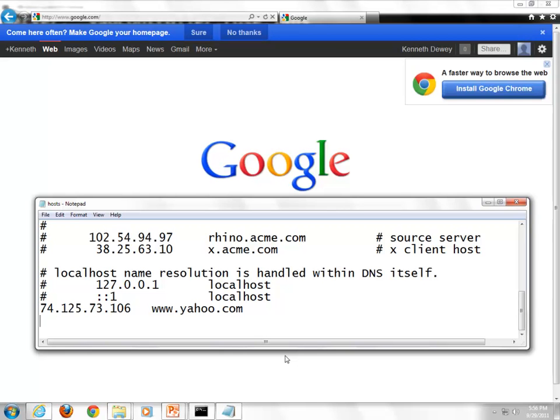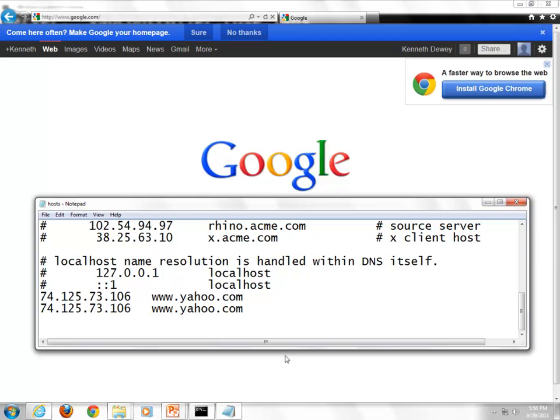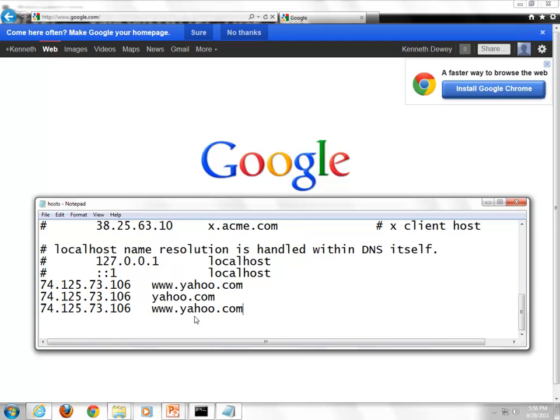say you hate Yahoo. Don't just put in www.yahoo.com. Put that in, and then put it in without the www, and put it in again with chat. You have to put in all the different stuff that could go with Yahoo, because they might click a link somewhere and go straight to chat.yahoo.com. So this way, it covers if they type in with www, by itself, with chat, with mail, or whatever. So you want to get all of them.